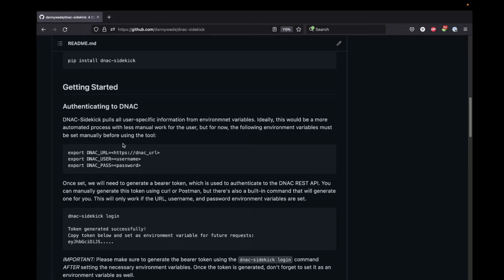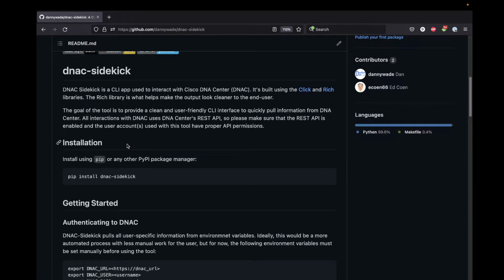So we'll go through this README at a very high level, and then we'll get into how to use the tool, and then end it with that code structure. That way, if you are looking to contribute, you'll have an idea of my thought process through